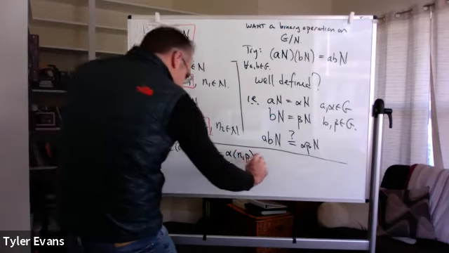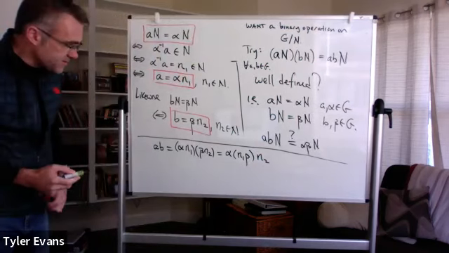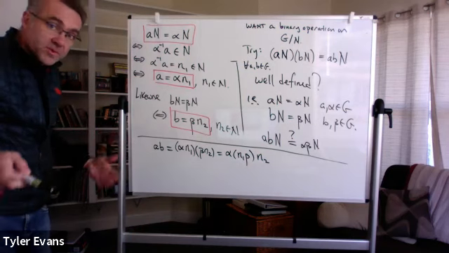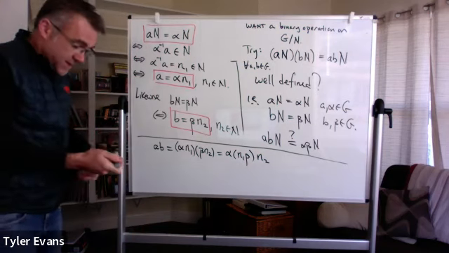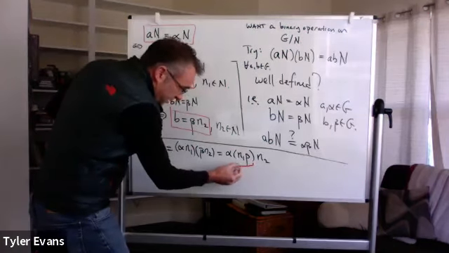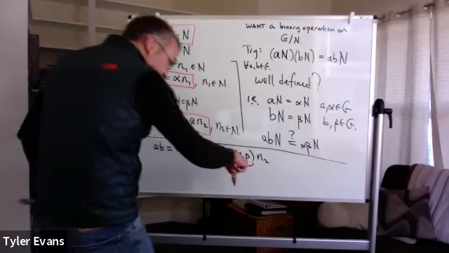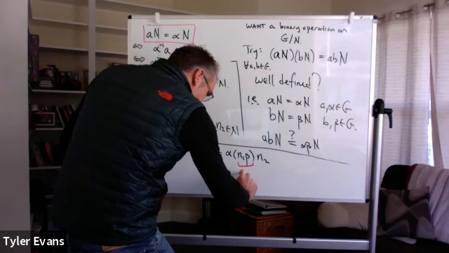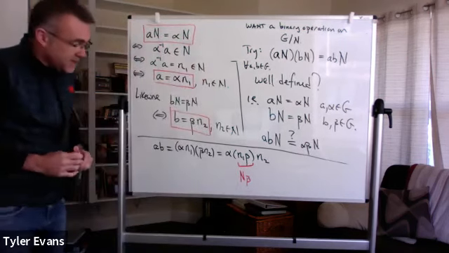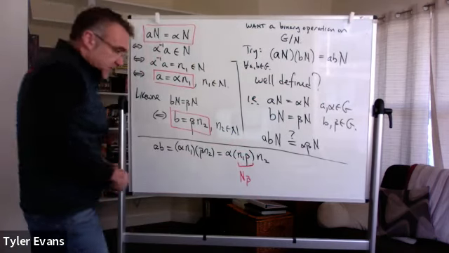N1 beta, I'm not taking anything out of order, just reassociating those parentheses. And nowhere have I said anything about N being a normal subgroup. Now is where it's going to come in, because this part of our product, N1 beta, I'm going to write this in red below it, that is an element of the right coset containing beta. It's a group and a subgroup element times beta. But that right coset